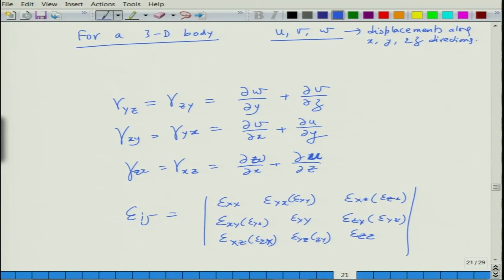So, we will stop here, we will come back to this and especially the transformation of strain tensor to different axes in the next class. And so, what we have done is basically we have looked at the concept of shear strain which is present in solids deformation, and we also looked at the differences between the true and engineering strain in this lecture. So, thank you very much.